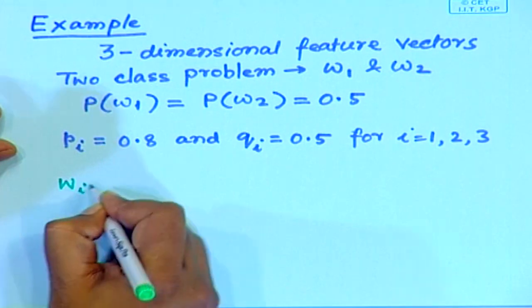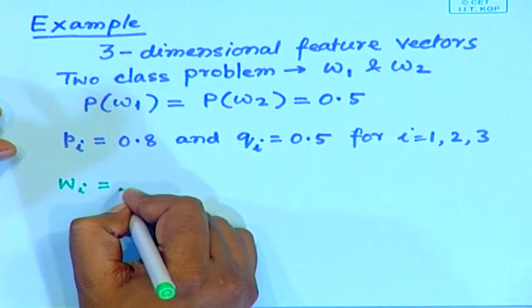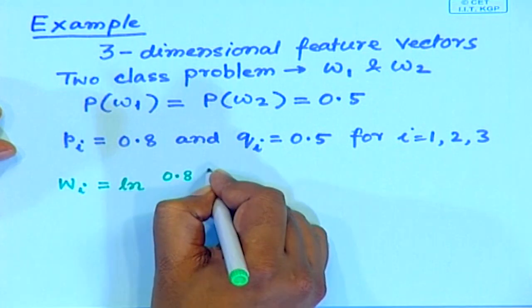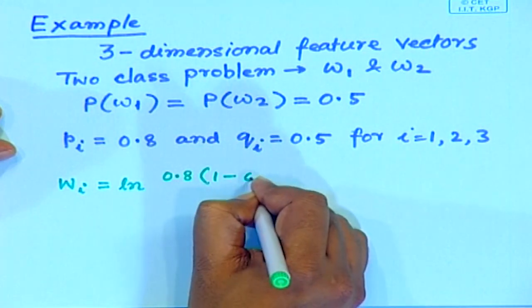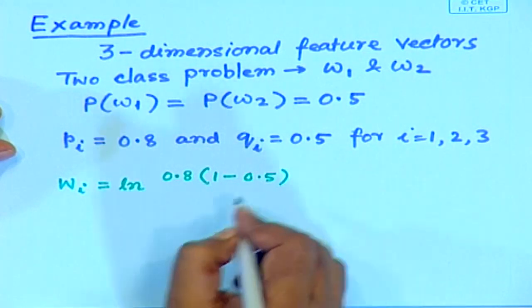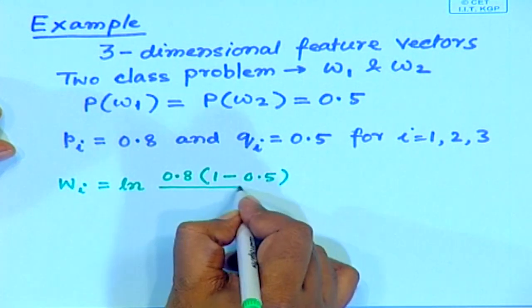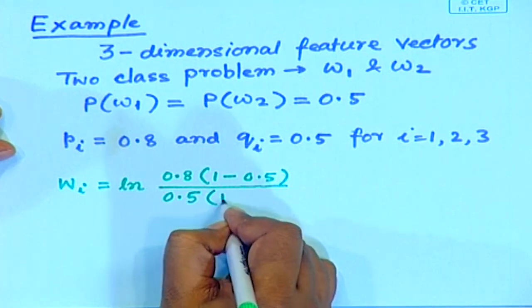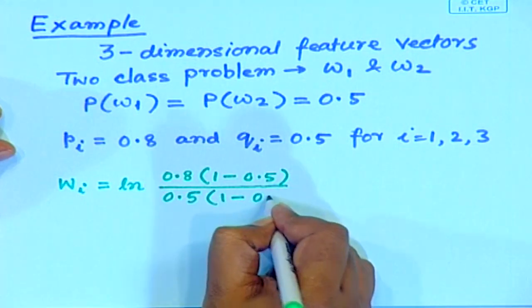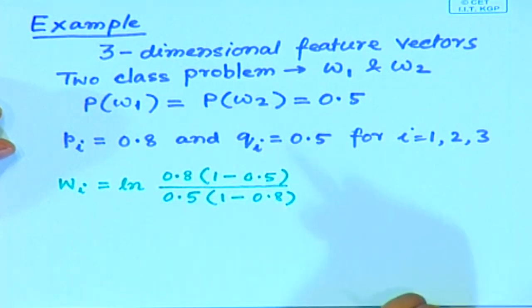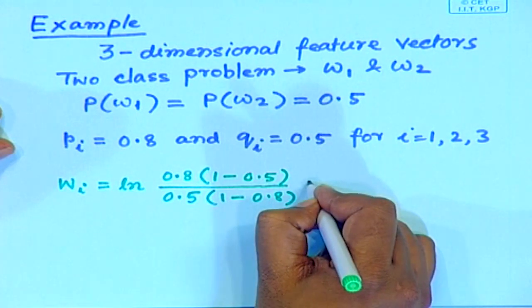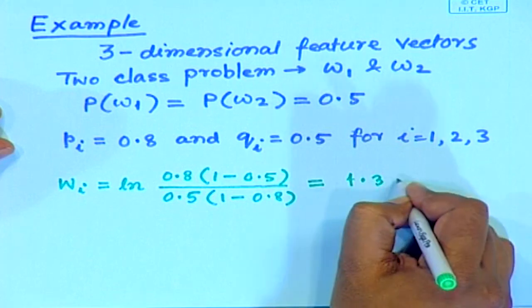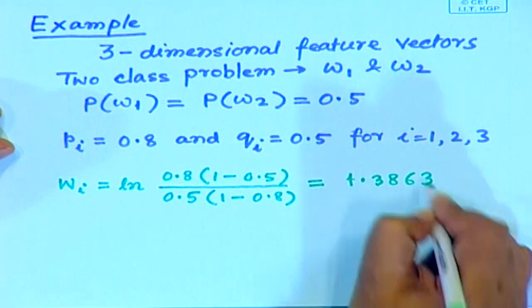So I get wi is equal to log of pi, that is 0.8, into 1 minus qi, that is 1 minus 0.5, upon qi, that is 0.5, into 1 minus pi, that is 1 minus 0.8. And if I compute this, this becomes a value 1.3863,